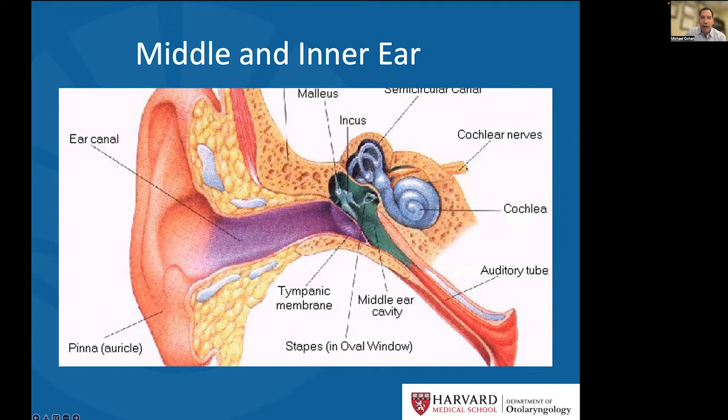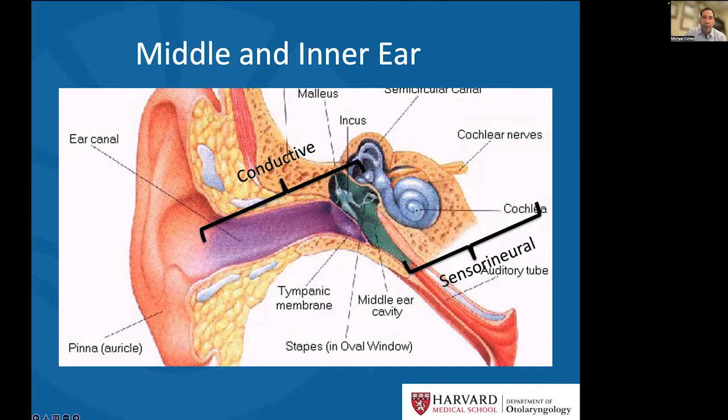And so when we have hearing loss, it can happen in two main ways. The first is if the hearing is being blocked anywhere in this pathway leading up to the cochlea. So if there's a blockage in the ear canal or a problem with the eardrum or fluid in the middle ear, like we discussed, we call that a conductive hearing loss, meaning sound is not being conducted to the inner